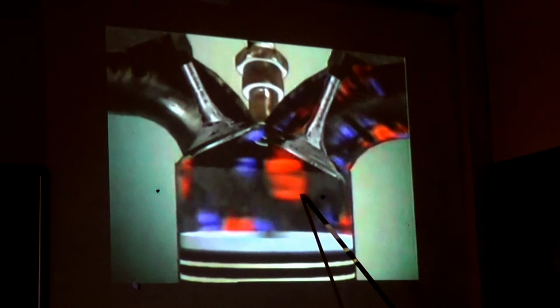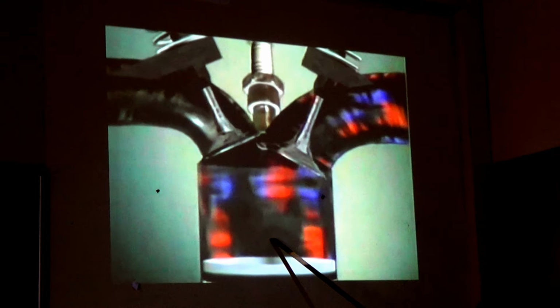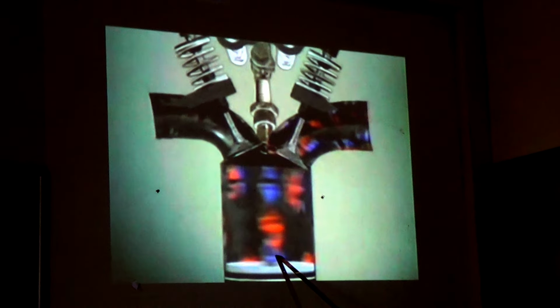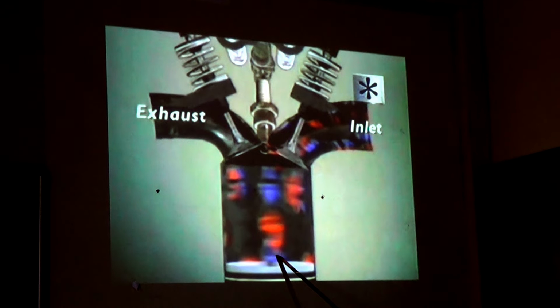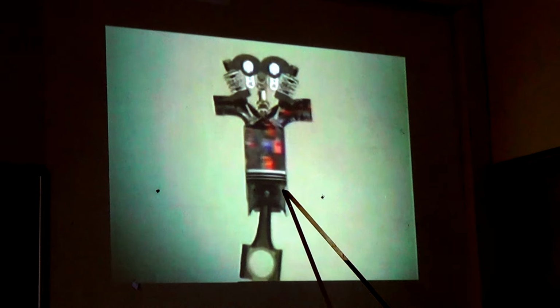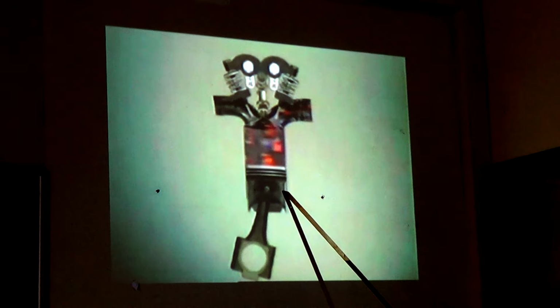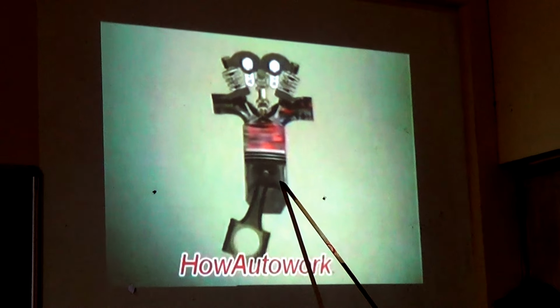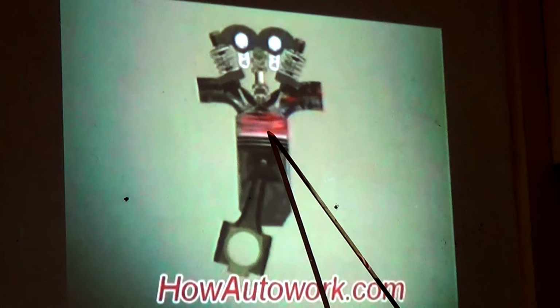Now the piston is moving in downside direction, vacuum is generated here. Because of vacuum, air plus fuel is entering into the system. So that air plus fuel will be accumulated in the space above the piston. So red and blue, it shows air plus fuel mixture. So they have shown the name as inlet manifold, exhaust manifold. Then after this, it will go for compression process. In the compression process, the piston compresses the air plus fuel mixture.